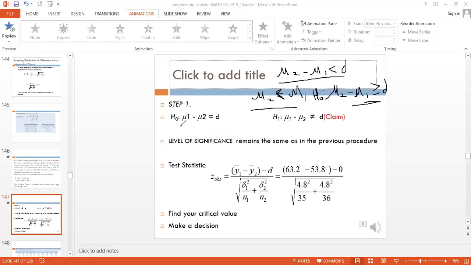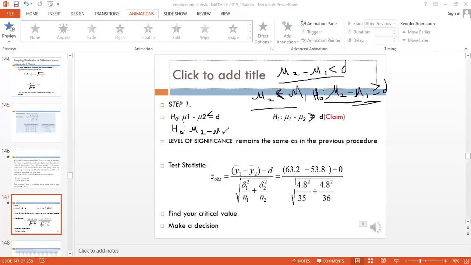But because this time we have mu1 coming first, this will rather be less than or equal to, and then when it comes to mu1 minus mu2, the objective is for this to be greater than that. Good. Or we can still rewrite what we had initially here, which is going to be H naught: mu2 minus